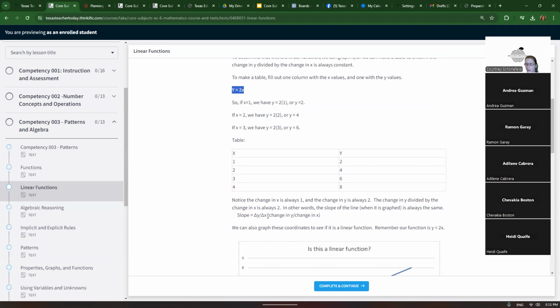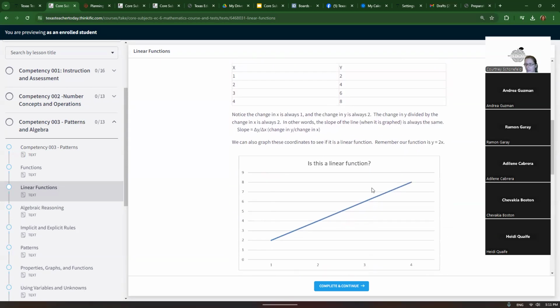Another way you could do this is you could graph the coordinates and see if it makes a straight line. So if we graph these, going over 1 up 2, right? Over 2 up 4, and do all of those points, right? X is the value on the x-axis and y is up and down on the y-axis. So we're just graphing those. We can see it makes a linear function,